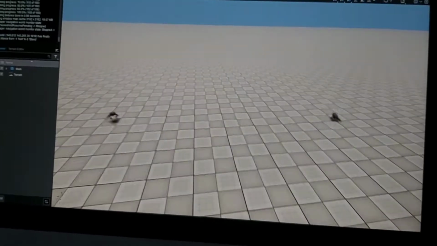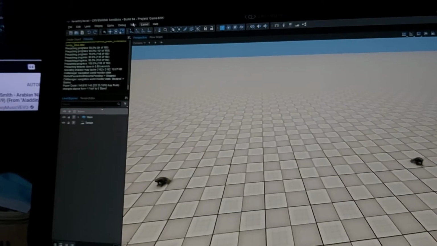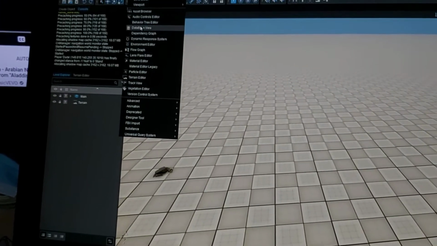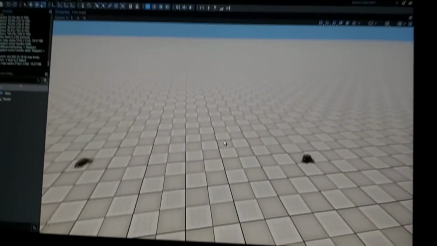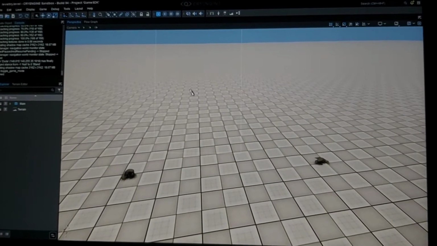Got other frogs here. They're just AI. You can drag these in from the database. So tools, database, and you can reference whatever you want and pull in characters from there. That kind of works. So if we just play,